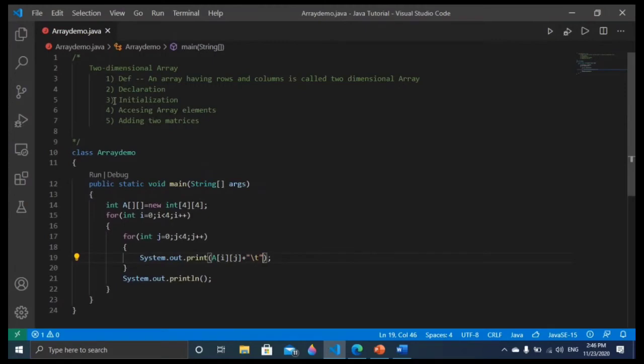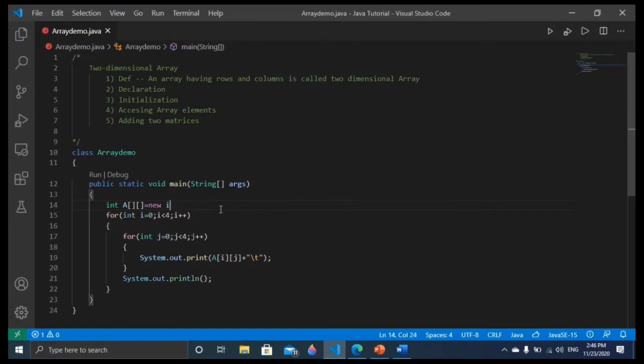Now we are going to understand how to initialize. Here we have understood how to declare and how to access. Okay. Now we are going to understand how to initialize. If you want to initialize the array elements, what do we have to do? We can do initialization and declaration together. How will we do it? Let me show you.